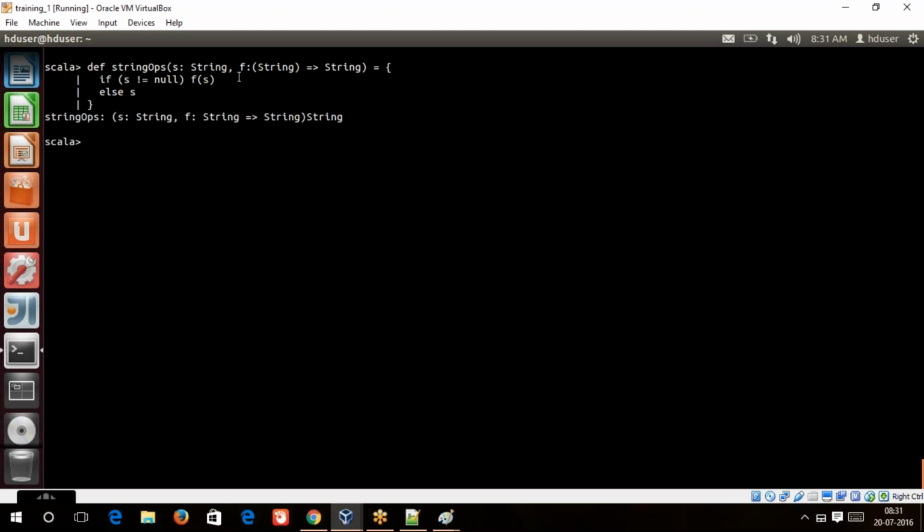So I'll just view this. What function can I pass to this? I can pass a function which matches this data type. So let's say I define one more function, convert to uppercase. I'm defining one more function, convert to uppercase, that takes a string,